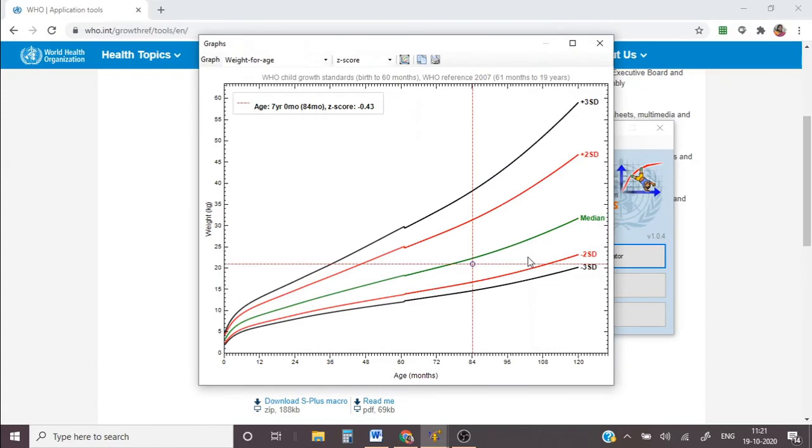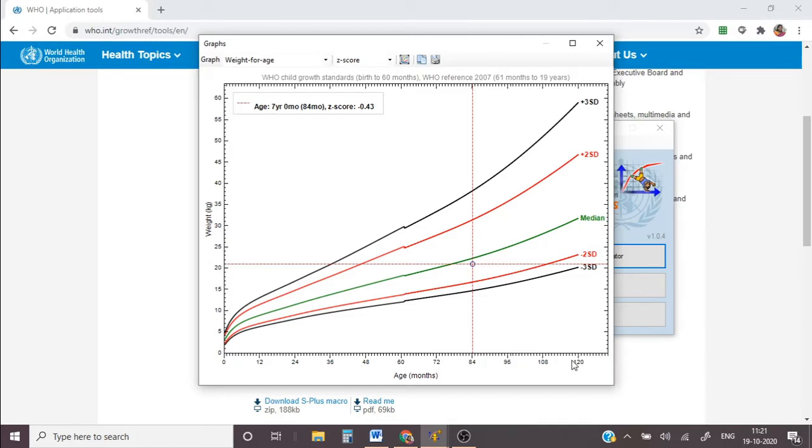So if you click here, the graph results enable the users to visualize the child's growth. For this purpose, we have between 0 months to 120 months and so on till 17 years.